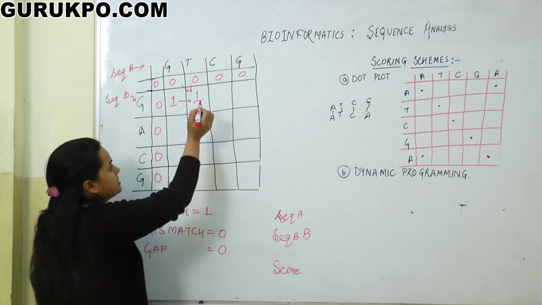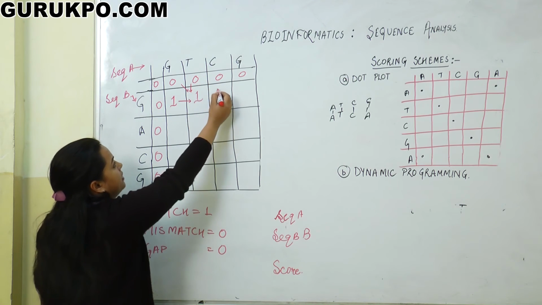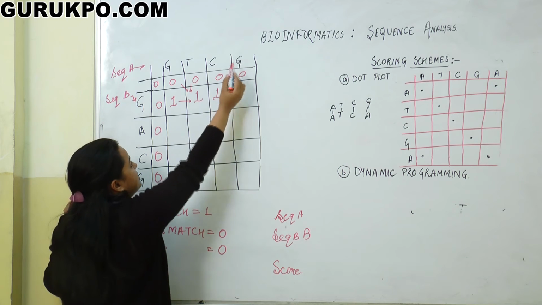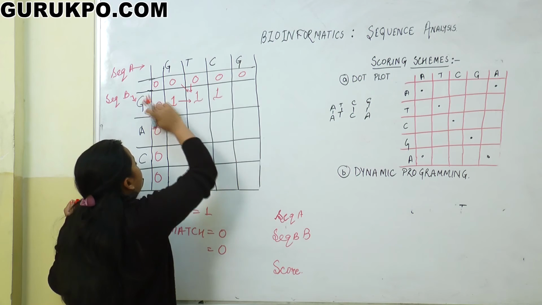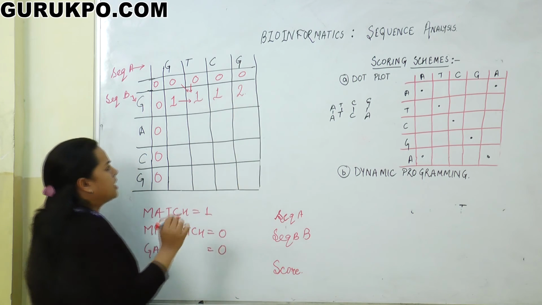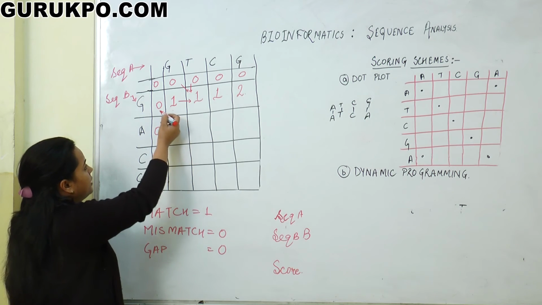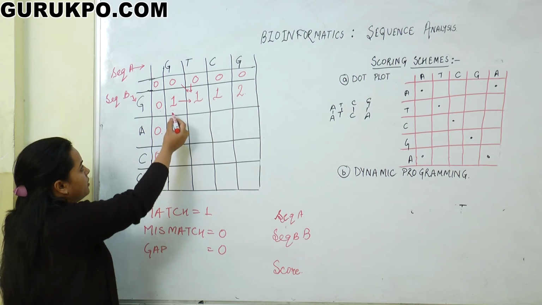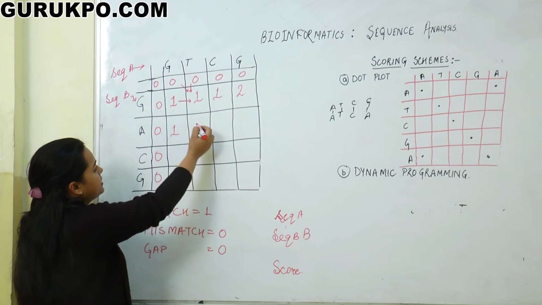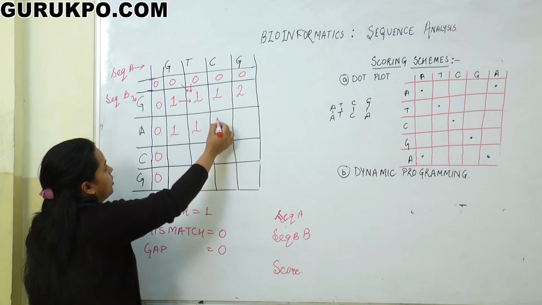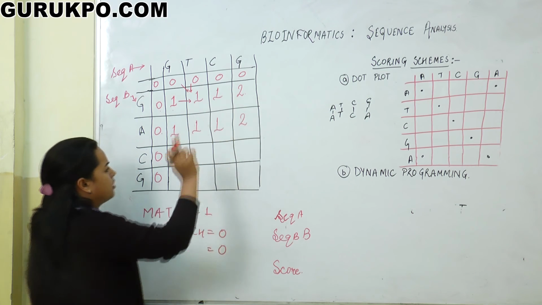G and C is also not matching, but from the above, the side and the diagonal column we get 1. Again G and G is matching, but the rule is that one we have to fill and another one we will give for the match. Therefore, we will mark a 2 here. When A and G are not matching, but from above, diagonal and side column, we will write a 1 here. And similarly this 1 is the highest, so we will mark 1, 1, and again a 2 here because a 2 has been marked in the above column.